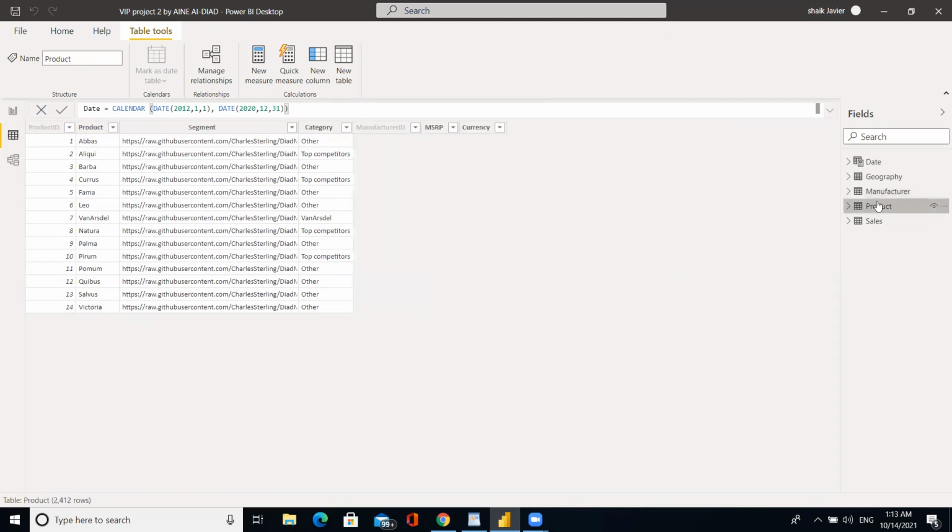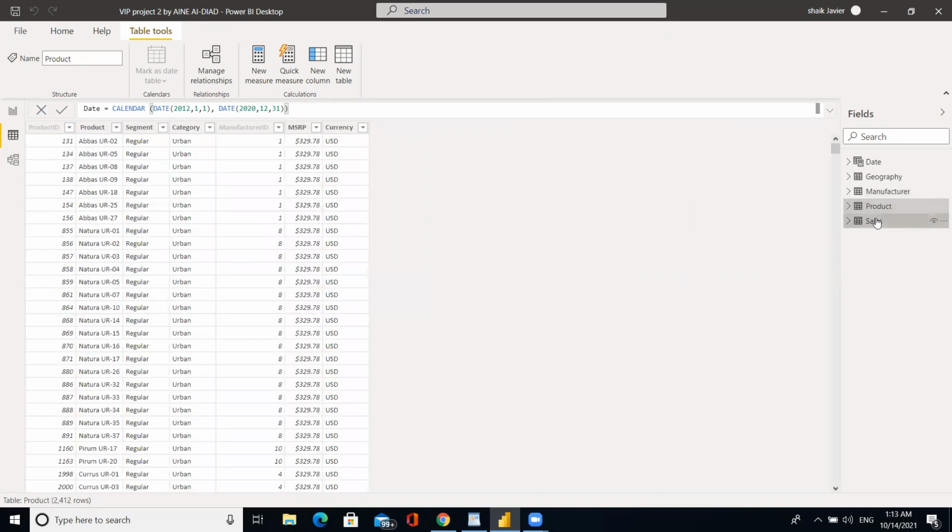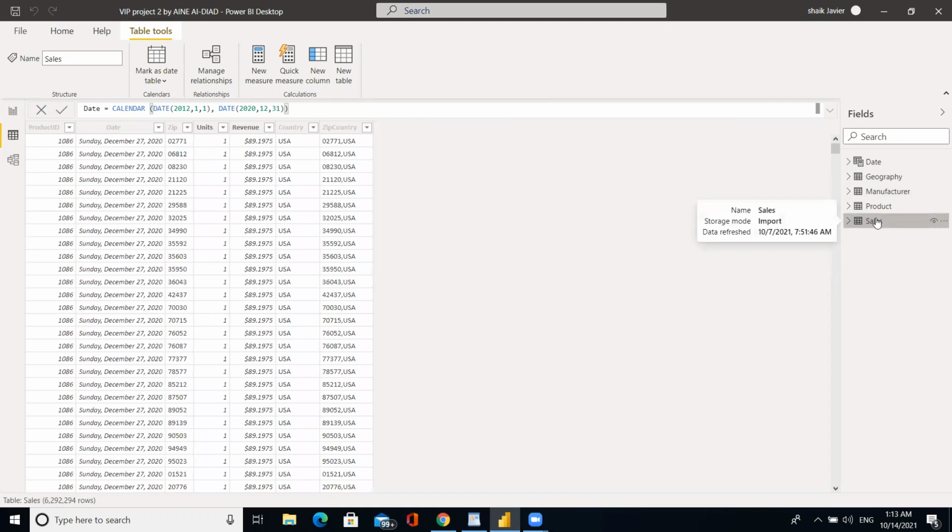Later we have products. Later we have sales. We want to clean the data and manage the data clearly without null values. These are DAX queries. We can paste the queries here and manage the data step by step. We also remove the unwanted data by using DAX queries. We also have new measures, quick measures, and new columns.